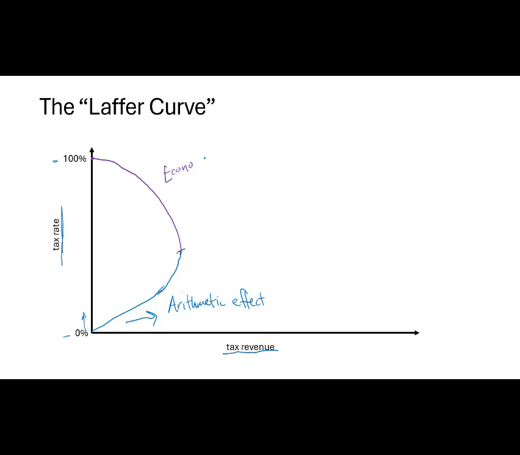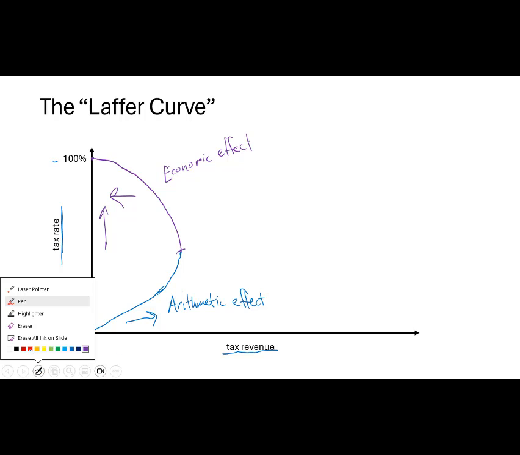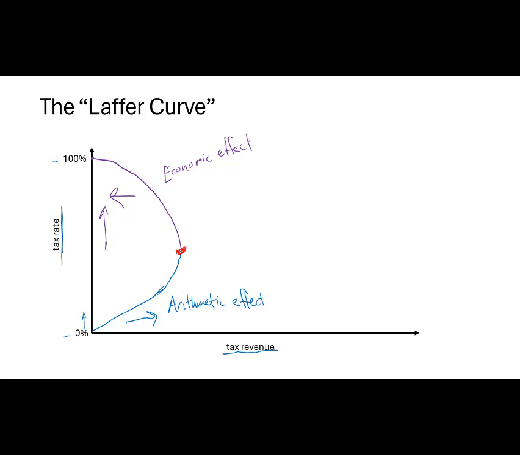I like to call it the incentive effect, but same type of thing, right? Economics is about opportunity cost and incentives. So we've got the economic effect dominating in this range, and if you raise taxes here, you get less revenue. Down here, if you raise taxes, you get more revenue. So the big question is, what is the turning point here, right? What is this point right here where your revenue would be maximized at this tax rate.